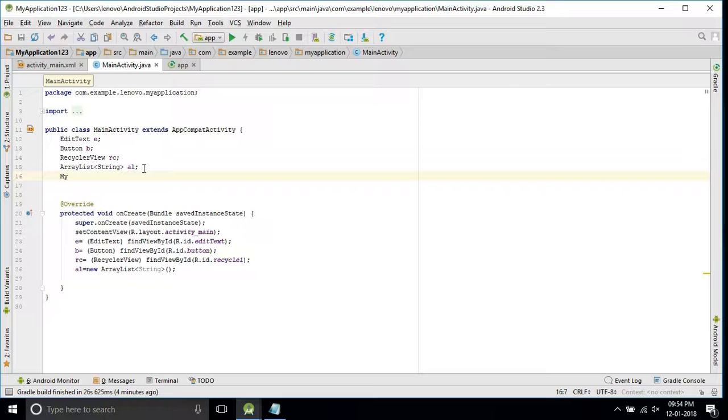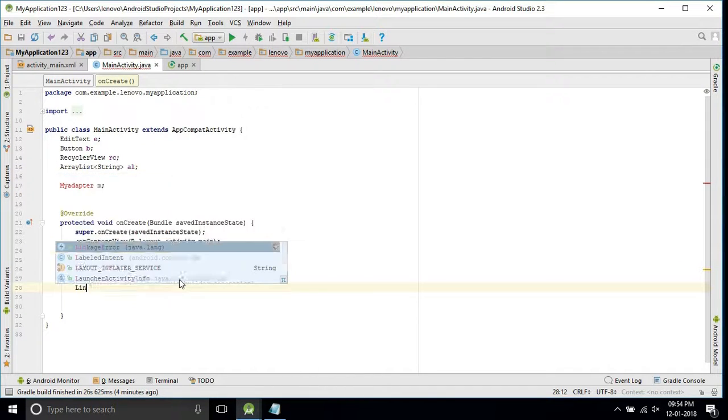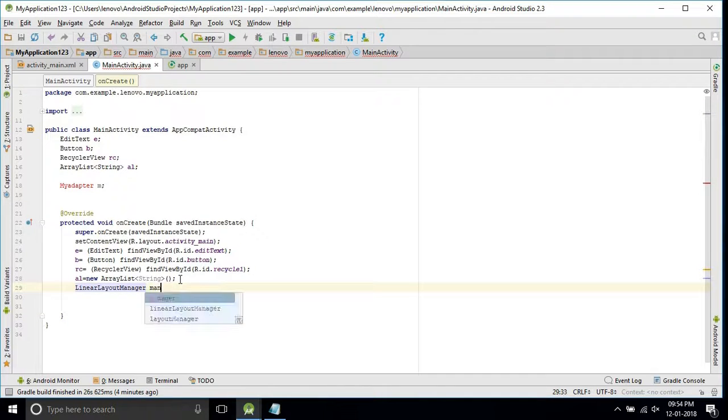Now we need to take our own adapter. This is my adapter. I will take a variable as M. Before that, we need to declare one more variable, that's LinearLayoutManager. Variable as manager equals to